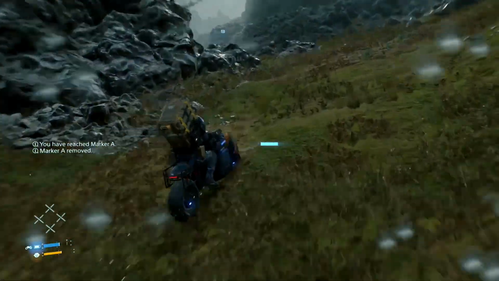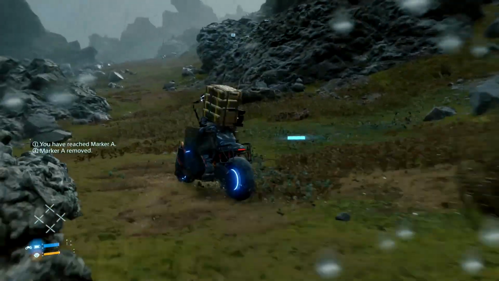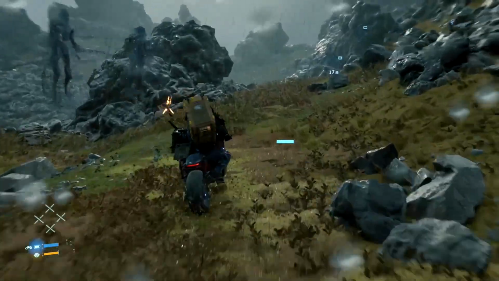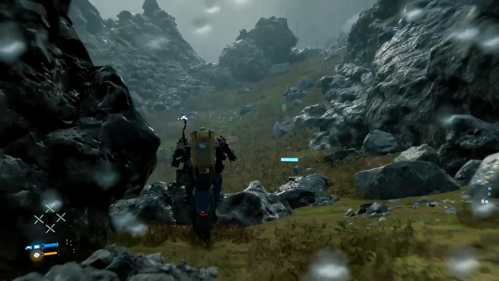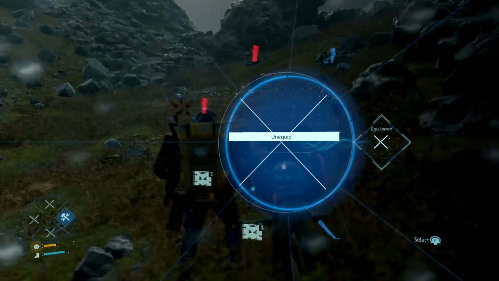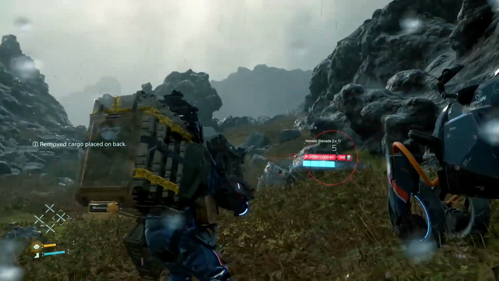And when we get to this little bend up here, you see the two BTs on the left. Go tight right to avoid them. You've got to do a wheelie here or jump over them rocks. And then once you get past them, I get off my bike, equip a grenade, and there's always two BTs